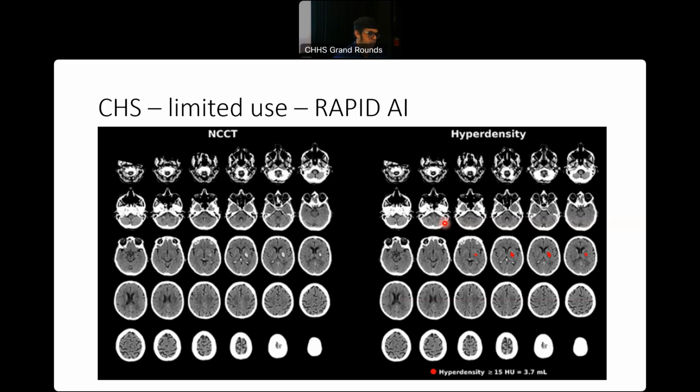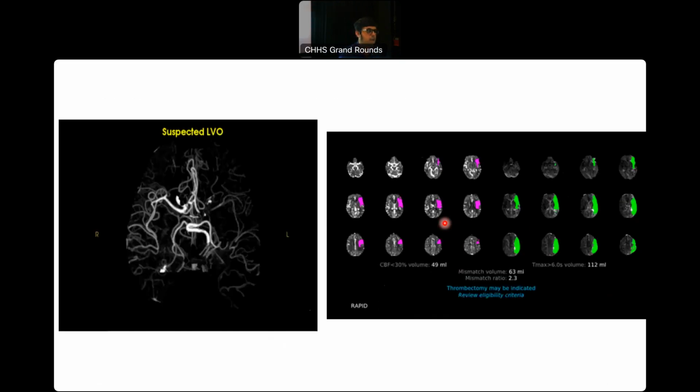So it does more than just look at intracranial hemorrhage. It also looks at large vessel occlusion. That's the stuff that they can actually look at in terms of doing a thrombectomy. This image here is a MIP image. It's basically showing that the left MCA has got a clot in it. None of the vessels are opacifying. So it'll actually tell us, hey, there's a suspected LVO.